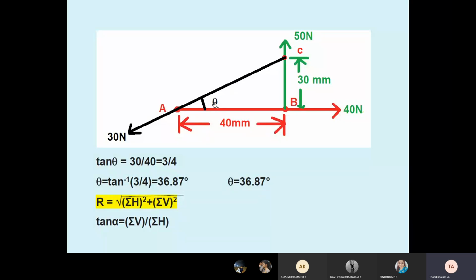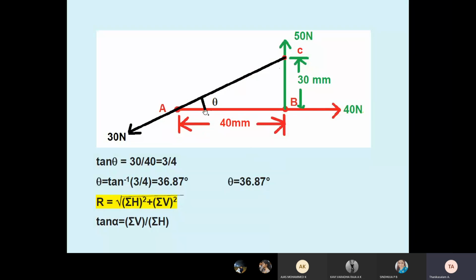Okay, so how do we know this looks like a triangle? Students, understand that in engineering mechanics, any angle not known, you have to find out. You have studied the Pythagoras theorem: opposite side, adjacent side, hypotenuse. Based on your mathematical skill, you have to find the angle which we do not know. Here the third force, CA, goes in an inclined direction, so I marked it with respect to the positive x-axis, that is AB. So this looks like a triangle.